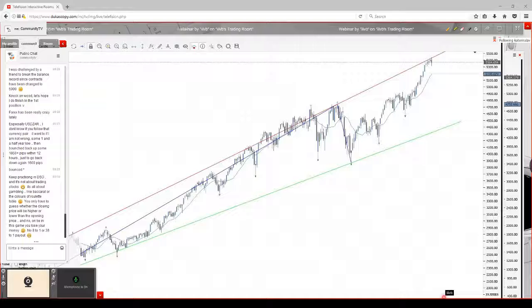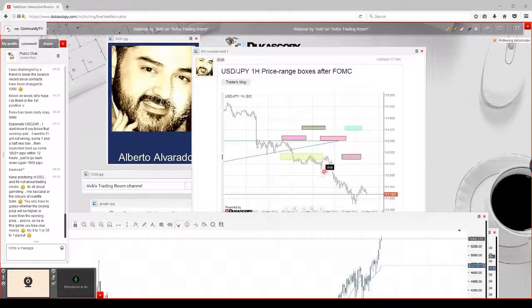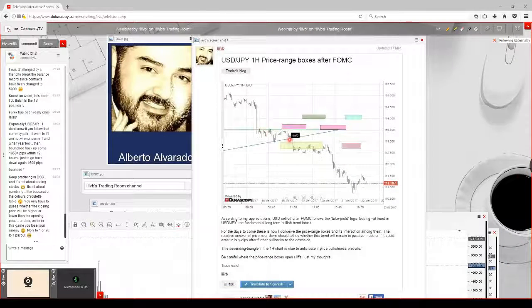Plus, we're just about to hit spring. Plus, one of the most important, and I believe the only real accurate thermometer in the forex market, is dollar yen. Maybe this is not a weekly chart. This is a humble 1 hour chart. But the thing is that after FOMC, before and after FOMC,